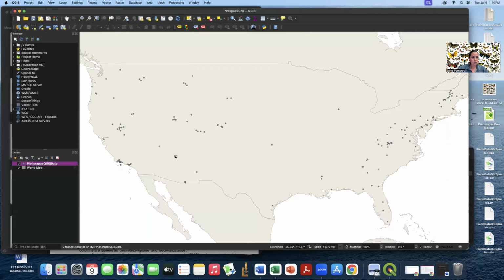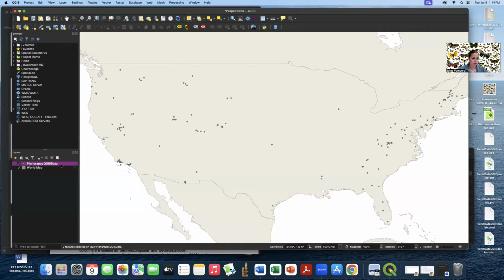So now we import it as a CSV file, and that's a temporary layer. So we want to convert the CSV file into a shapefile. That's going to allow us to use this data with other features in QGIS that we can't use because the CSV is more of a metadata file, and with just the CSV file, we can't use those functions. So what we're going to do is